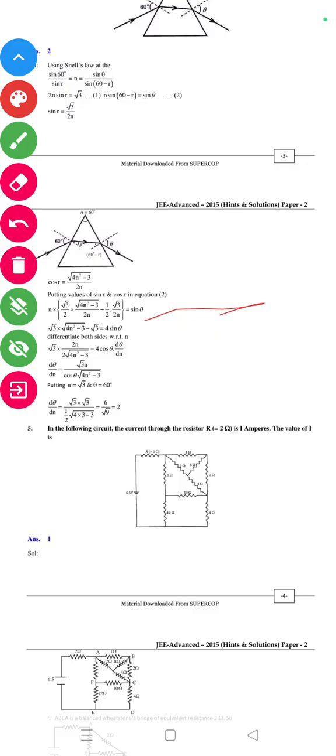d theta by dn is equal to root 3n by cos theta root over 4n square minus 3. Putting n equal to root 3 and theta equal to 60 degree, d theta by dn is equal to root 3 into root 3 by 1 by 2 root over 4 into 3 minus 3, which is equal to 6 by root 9. तो इसका इक्वल टू कितना आ जाएगा 2, तो इसका आंसर आएगा 2।